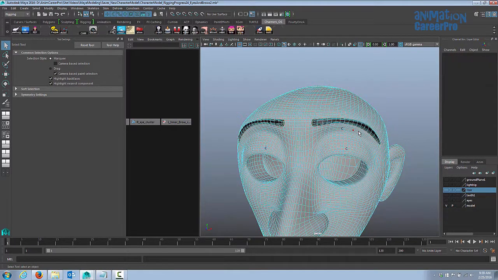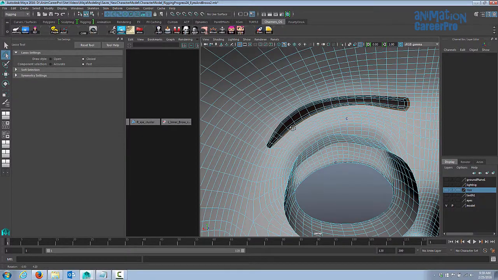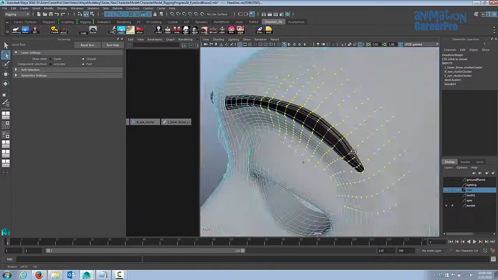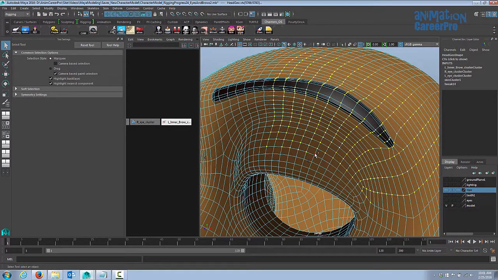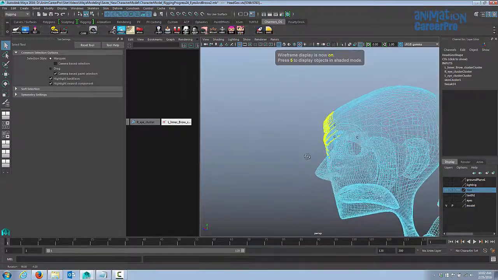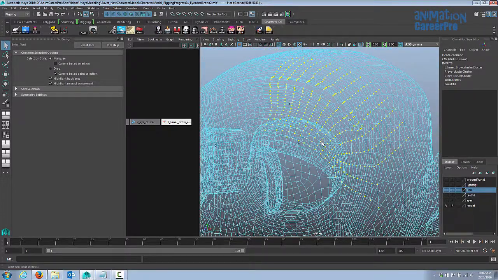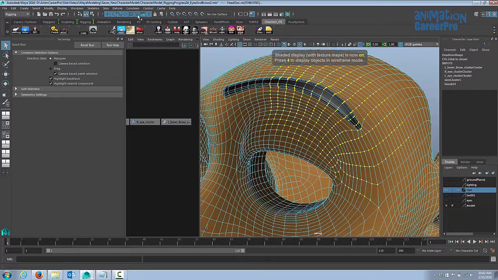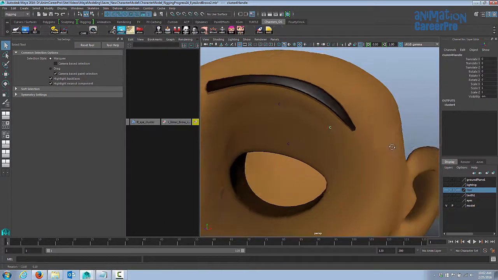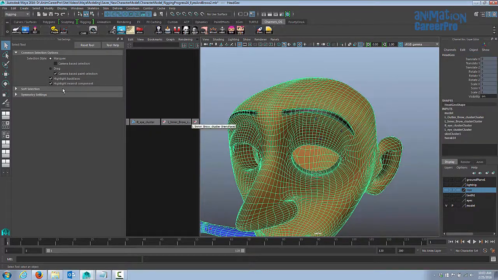So we're going to select the mesh and go to vertex. And we're going to do the same thing. We're going to select an area with our lasso tool. We'll select an area a little bit larger than we think we need. Alright, so I'm going to tap 4 on the keyboard to get in the wireframe. Make sure I don't have any vertices selected near the back of the head or anywhere where I don't want to. And let's just apply the cluster. So we'll go to deform, create cluster, and let's name this one right away. Left outer brow cluster, and let's just select the mesh and go in and paint weights on it.